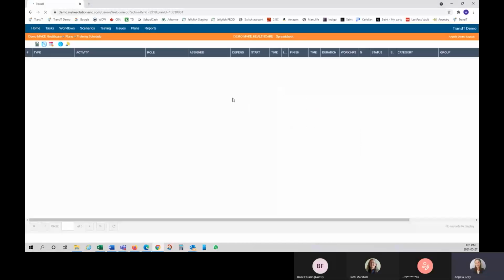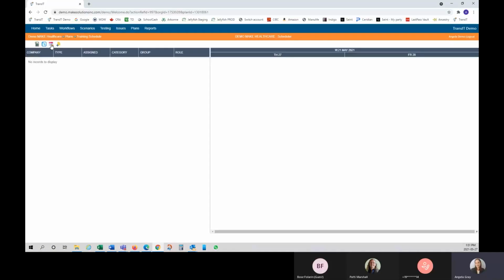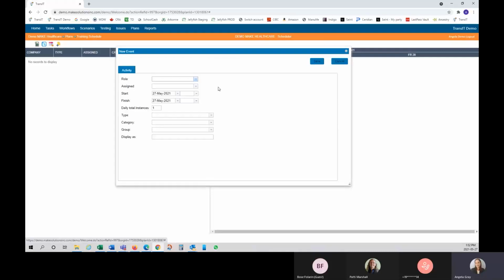So now because I had created a new one, it was added to my list there. So when I click there, it should have shown me the spreadsheet view here. That is something that we've logged. We know that it's showing this page off the bat instead of showing the schedule page, but it's simple to access the schedule just by clicking this icon here. And it gives me my schedule view instead. So now I can go ahead and start